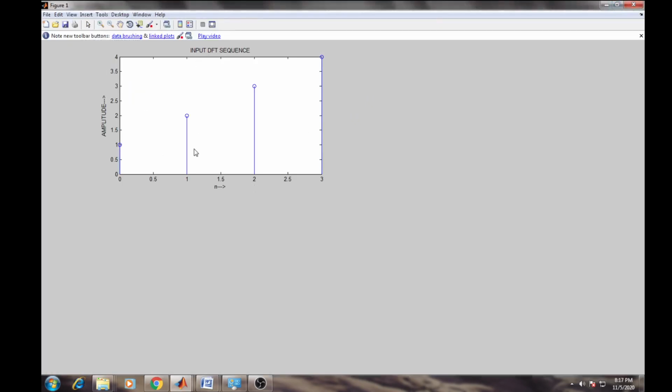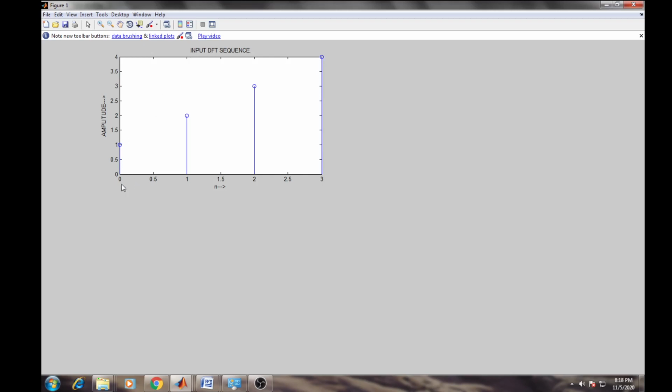Here you can see the first value is placed at 0, so x of 0 is 1, then at 1 it is 2, at 2 it is 3, at 3 it is 4.